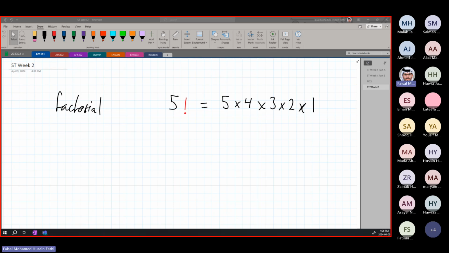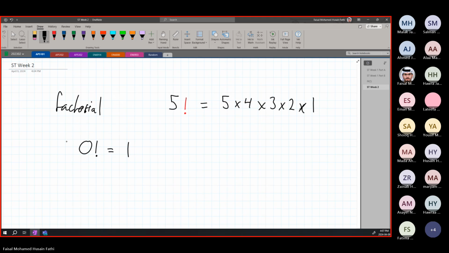The rules for factorials are very simple. Simplification of factorials is very simple, and you can use the calculator. It is also available there using the Shift and X power -1 button, which is under mode setup. That's where you can find the factorial button. One rule you need to know is 0 factorial is equal to 1. There are a lot of different proofs for why this is the case. All you need to do is memorize that 0 factorial is equal to 1.